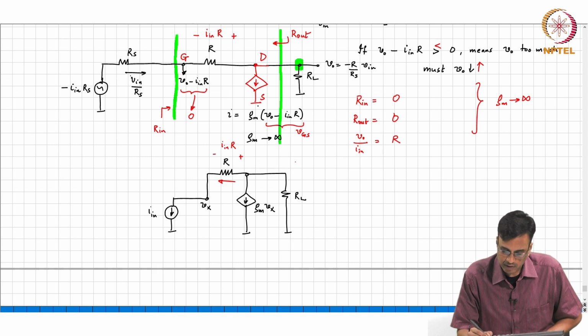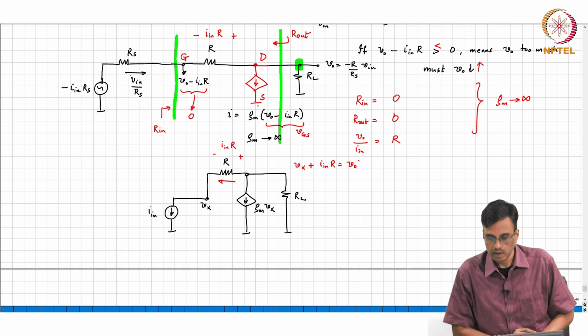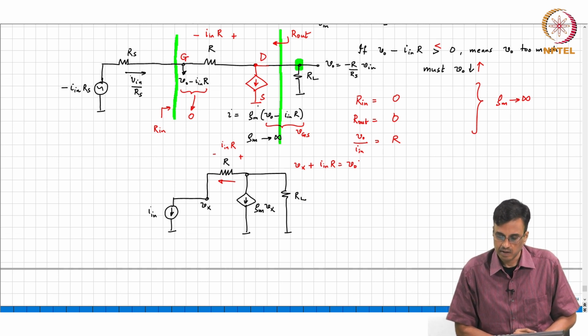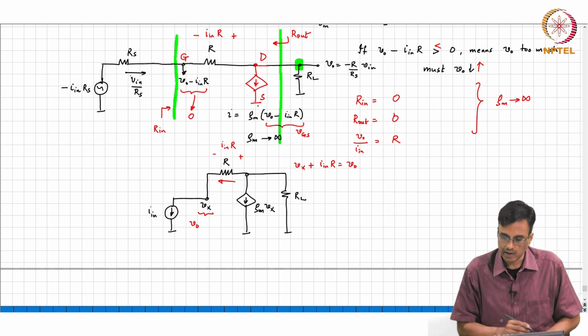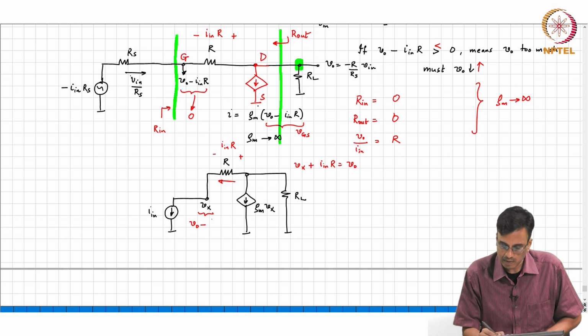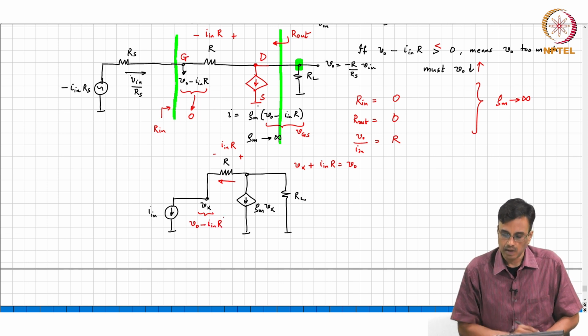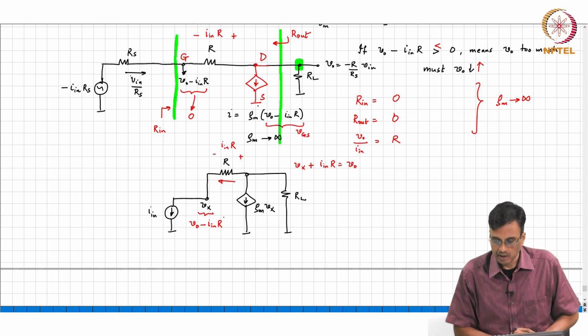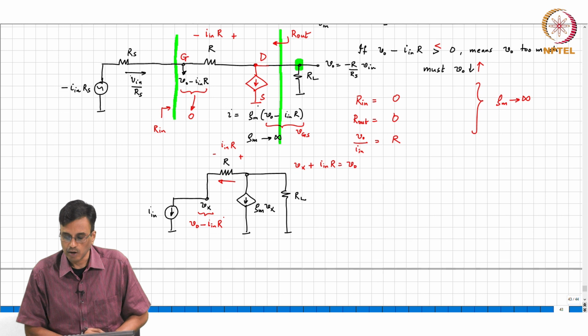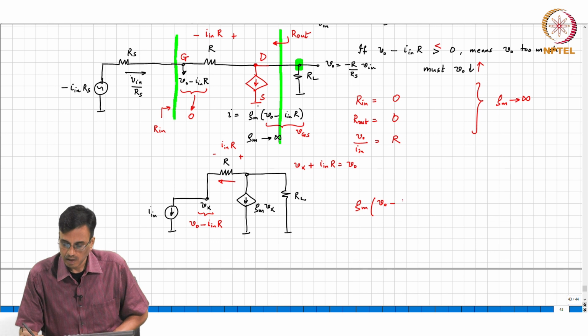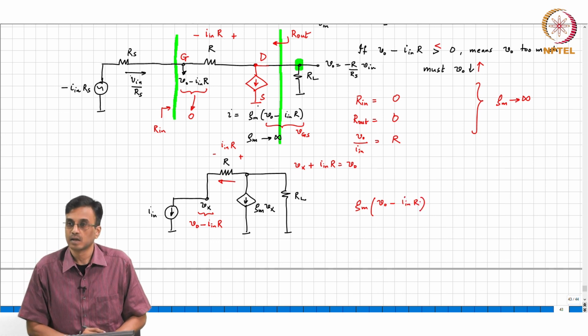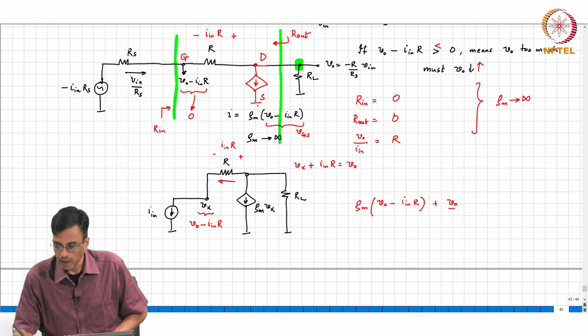So Vo is nothing but Vx plus In times R. If we want to find Vo directly, this voltage is nothing but Vo minus In times R. So we write KCL at the output node. So Gm times Vx, which is nothing but Vo minus In times R, plus Vo by RL,